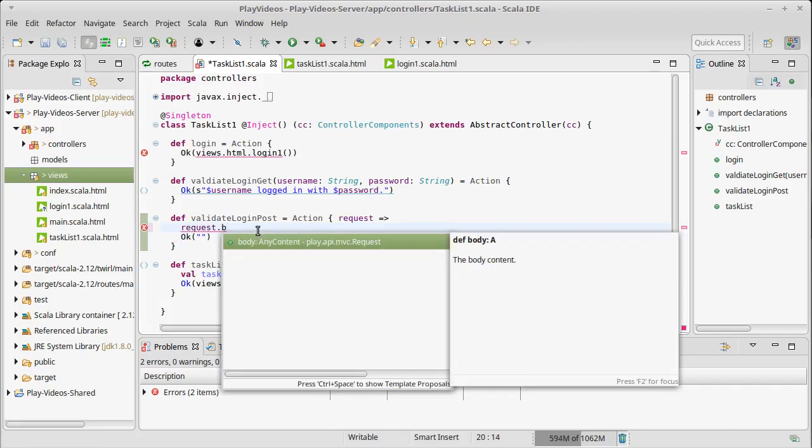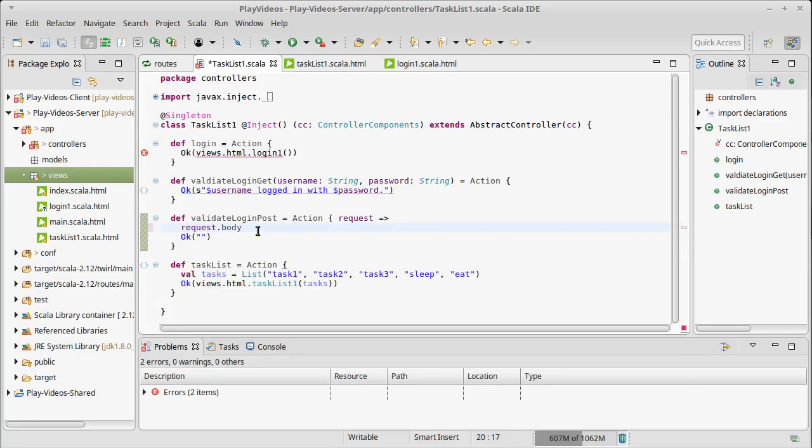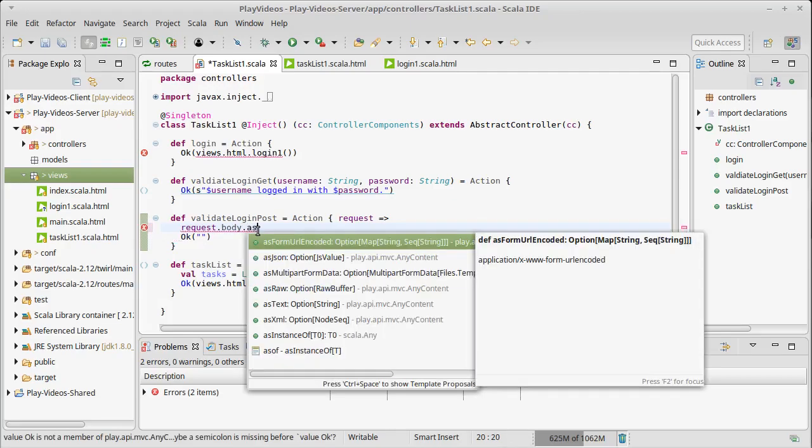There is a body here that is the contents of whatever came over the wire, and it gets encoded for POST requests. And so we actually need to decode it, and fortunately there are decoders that are kind of built into